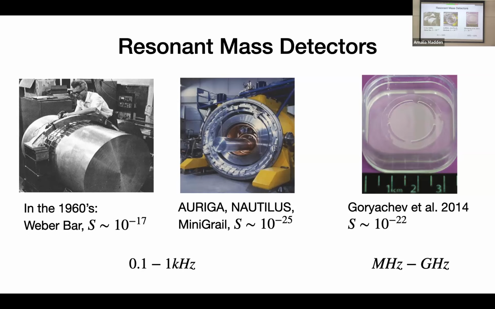Fast forward, there are now modern incarnations of these resonant mass detectors. Examples are experiments that go under the names of Auriga and Nautilus. And they're detecting strains at about 10 to the minus 25. But to be clear, this is now a sensitivity to scalar dark matter that I quoted here, not gravitational waves. Another interesting resonant mass detection experiment was built in Australia. This is a quartz crystal, so it's already a piezoelectric crystal, and it's looking for strains at about 10 to the minus 22 in a frequency band that's possibly more similar to what we're thinking about. And so these things are not far off.